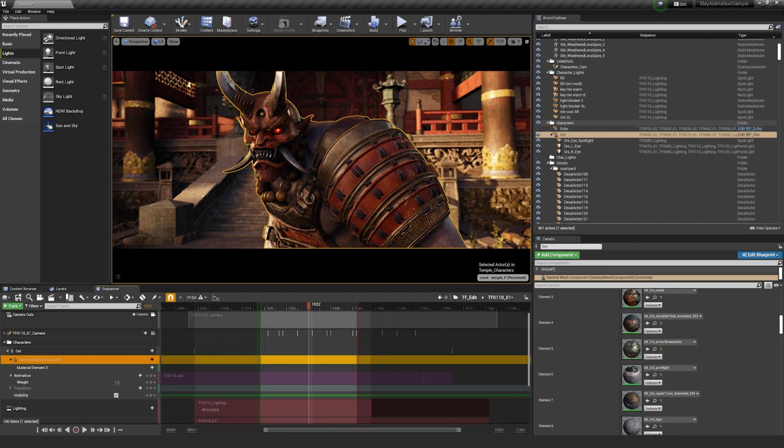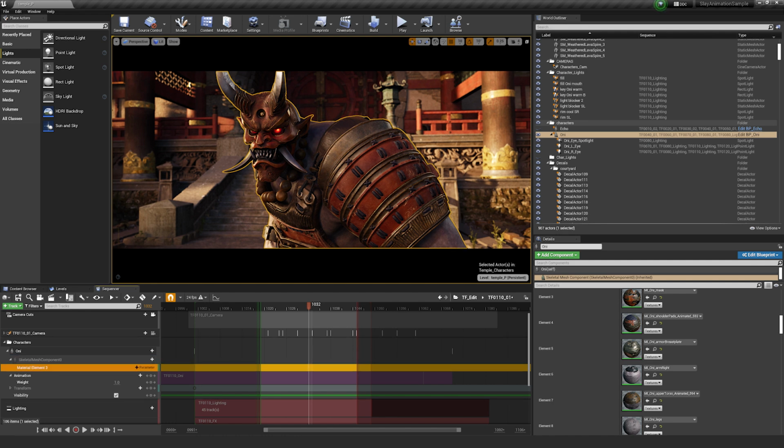Once we're there, we grab the very specific material that we want to modify, in this case element 3. As you saw, there are multiple other elements and selections that you can make as well, but we'll be focusing on element 3.